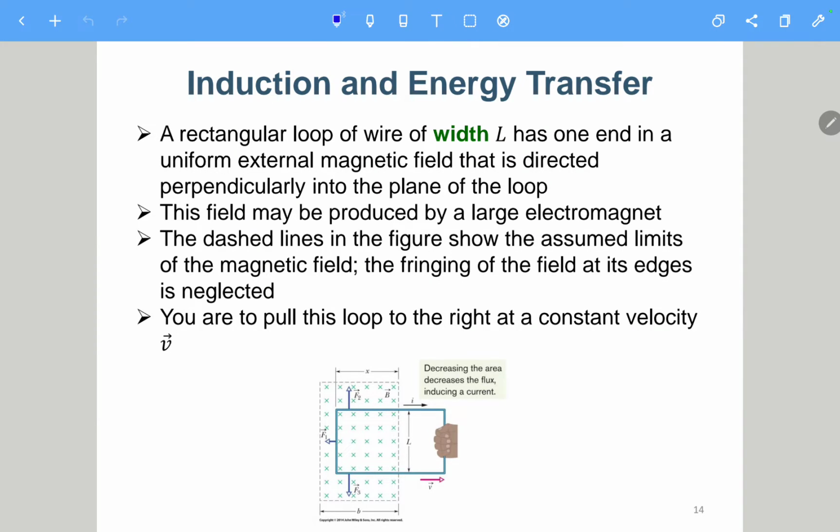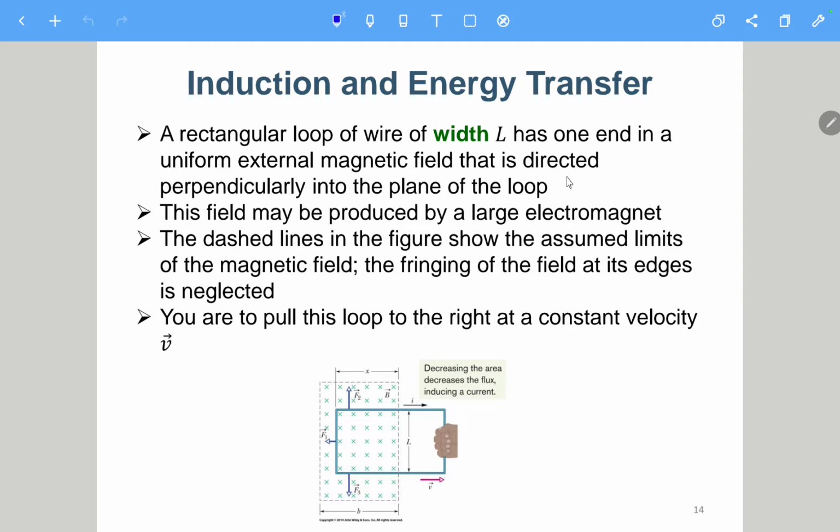Okay, so here we talk about induction and energy transfer. Here is another setting or experiment related to the magnetic flux changing, related to Faraday's law. Okay, so here it says a rectangular loop of wire with length L has one end in the uniform